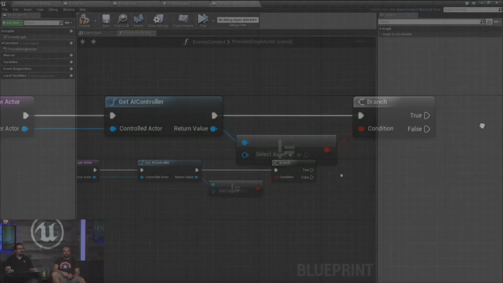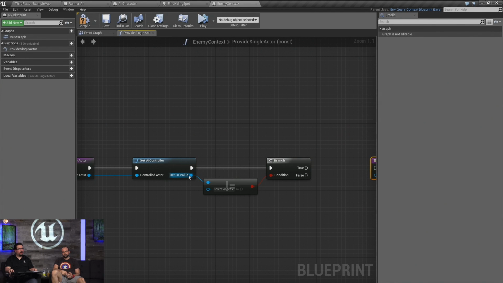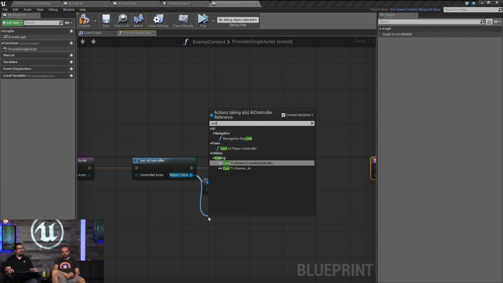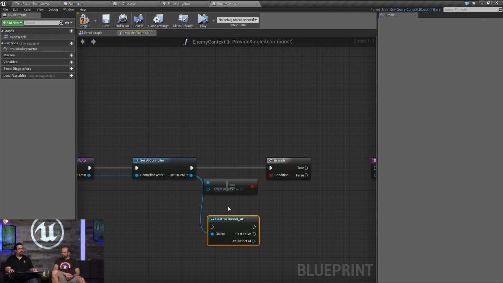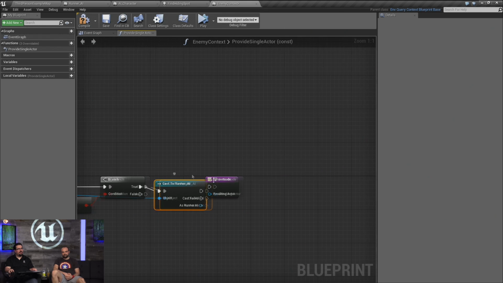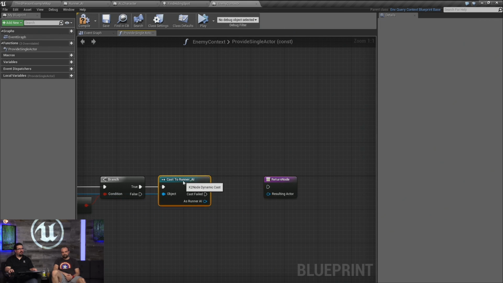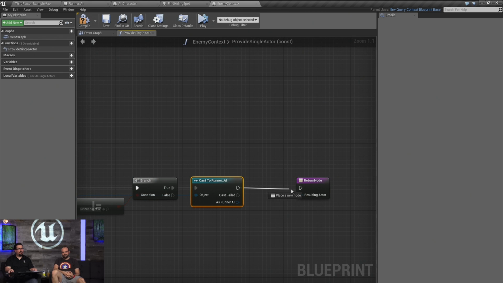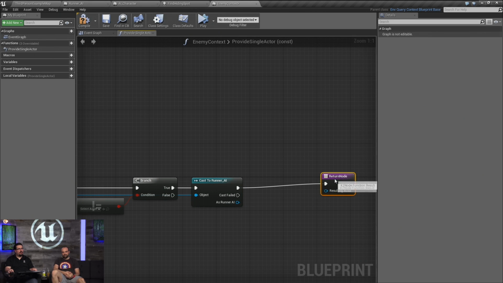And so we're going to have our AI controller, which means you can just cast it to our AI controller type and just grab enemy from it. I'll reroute this here in a minute, before we start dumping all this stuff on the Learn tab. And if the cast succeeds, we get